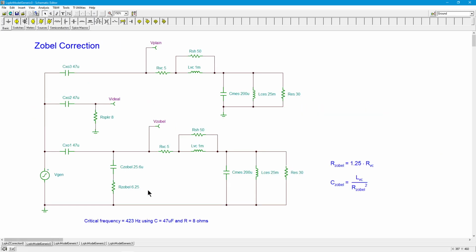So a Zobel is actually a fairly simple network. What I've done here is I have sort of 3 variations on the theme. I've got a voltage generator back here, so this is your amplifier. And I'm just going to use a simple first order crossover. In other words, just a capacitor in line. I assume this is going to be like a mid-bass or a mid-range driver. So I'm going to cross this